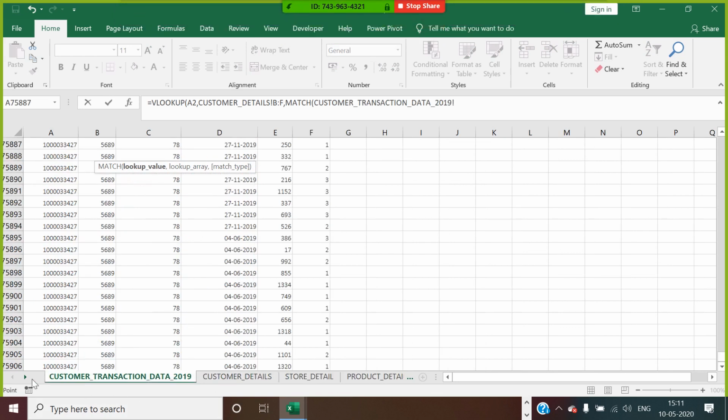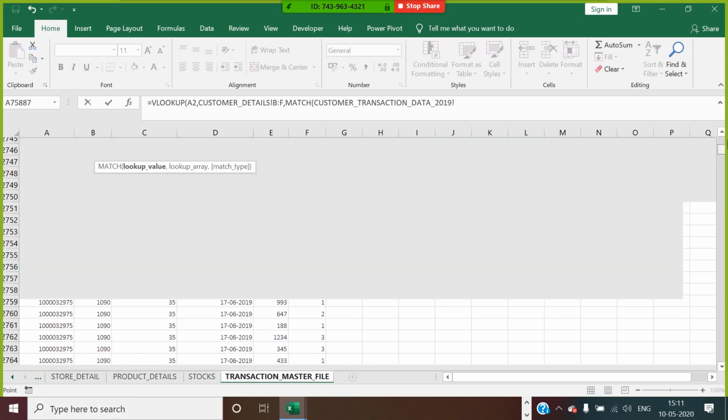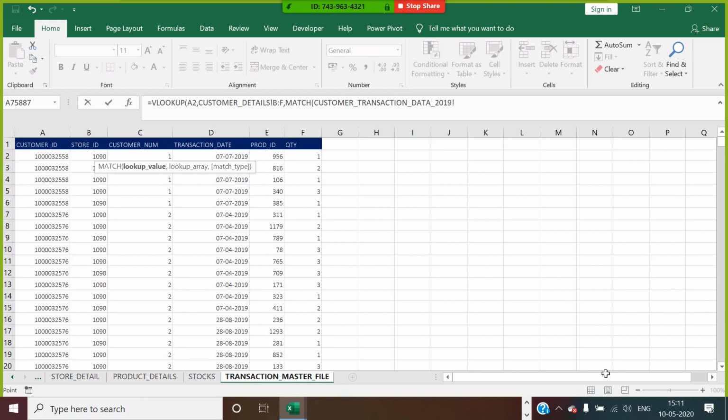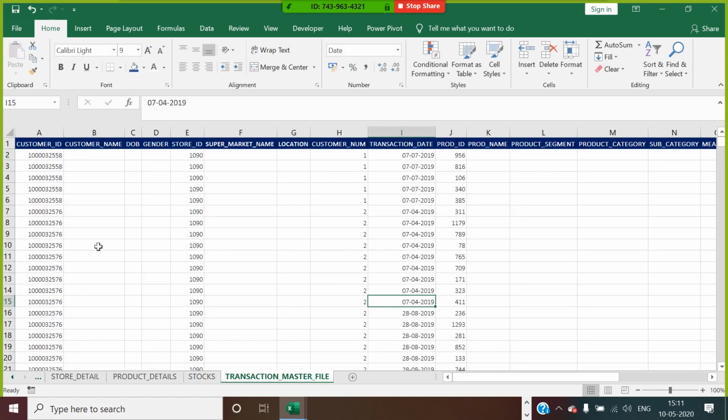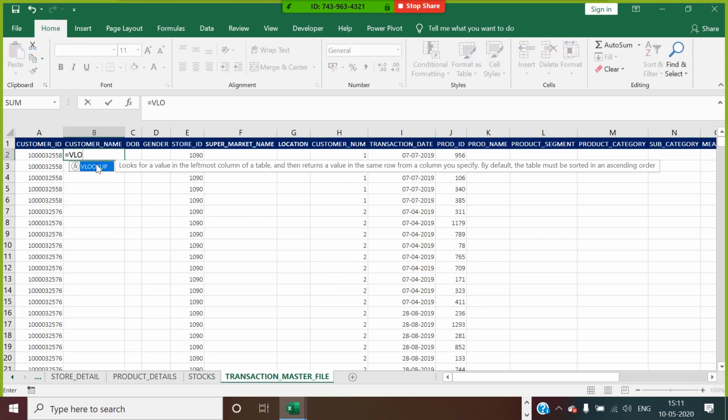Match function of what? I write VLOOKUP of customer ID.